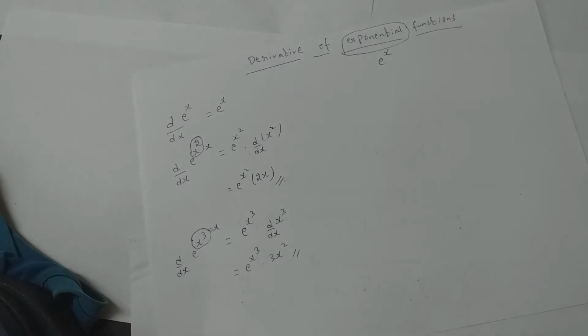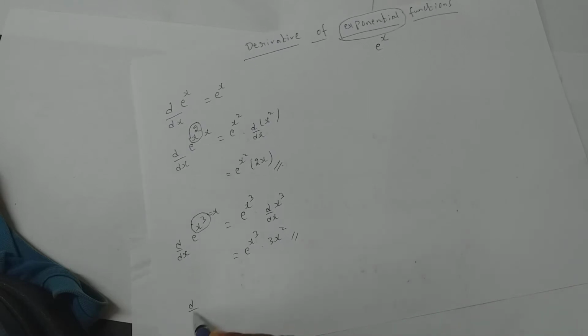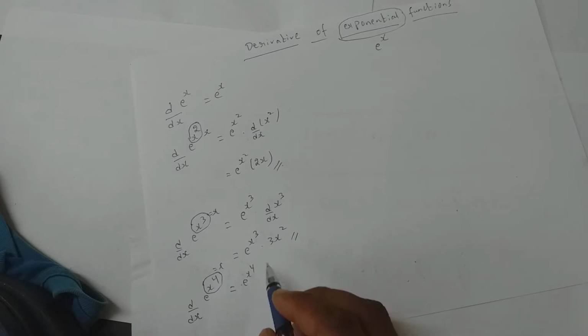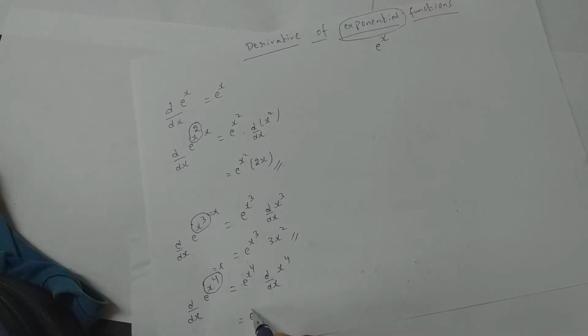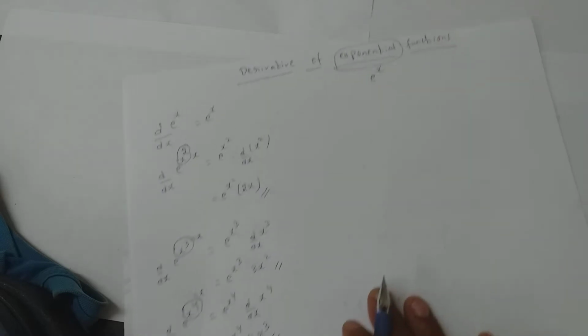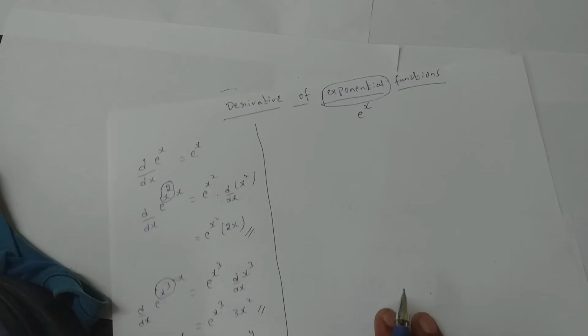Am I clear? As the lesson is going, it's becoming more complicated, but you should be strong in your basics. So if it is d by dx of e power x power 4, then again this entire thing you will assume to be x. So the differentiation of e power x is e power x only into d by dx of whatever you have assumed in place of x. So e to the power x power 4 into 4x cube is the answer. Am I clear? Let us look at more examples on this.